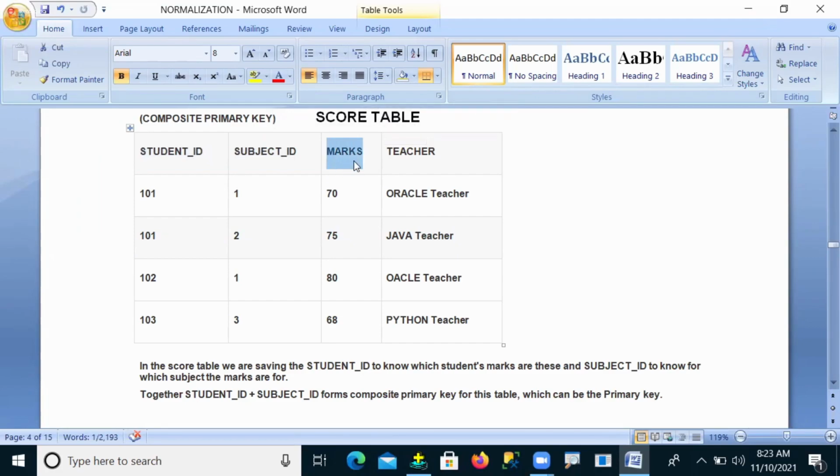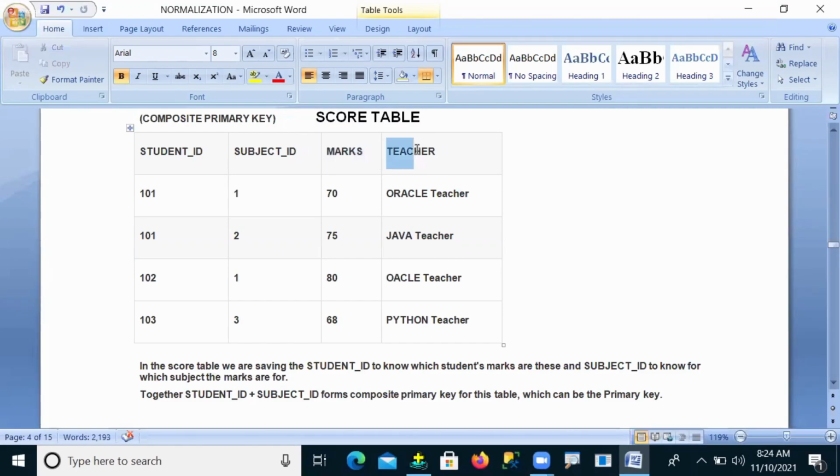So I don't want to make any modification on this column. I just keep it, because my second normal form says your table should not contain partially dependent columns. That's why there is no change in the marks column.